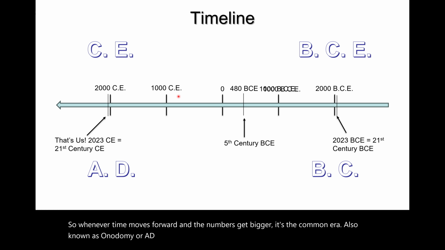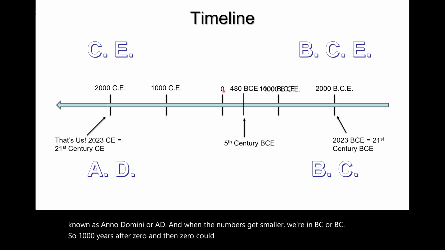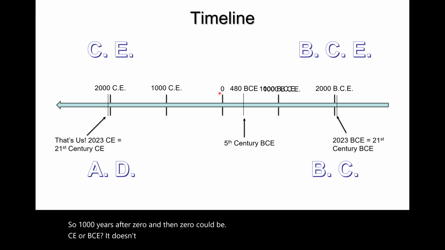And when the numbers get smaller, we're in BC or BCE. So 1,000 years after zero, and then zero could be CE or BCE, it doesn't matter. But from zero, 1,000 years after zero is 1000 CE. 1,000 years before zero